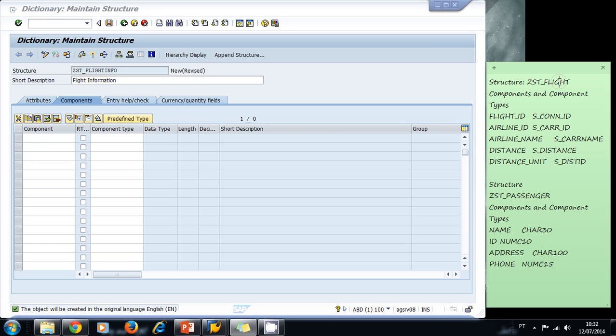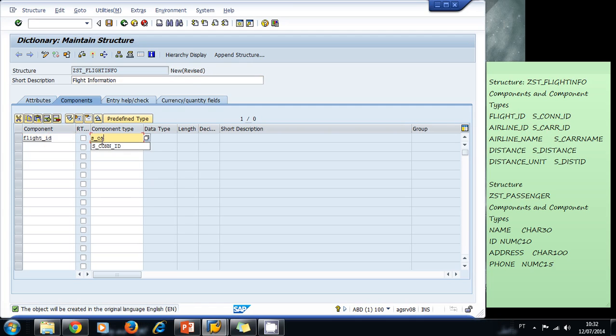So for our structure S-flight info, we have all these components and our types. So let's start typing the flight ID component, type S_CONN_ID. When we press enter, we're going to see automatically the data type. The system is going to bring it back from the ABAP dictionary because this is a predefined or a standard data element. Then the airline ID